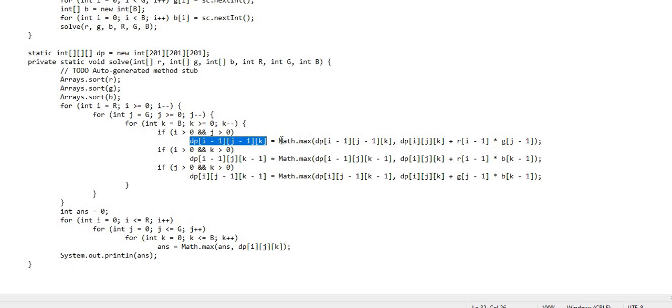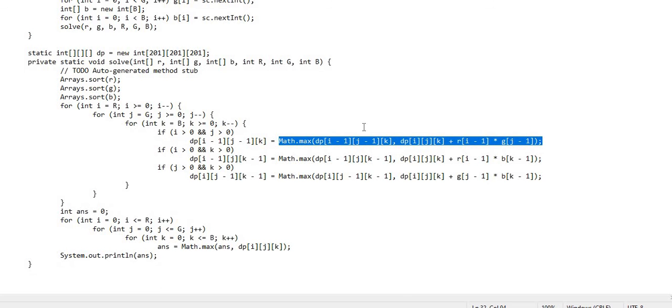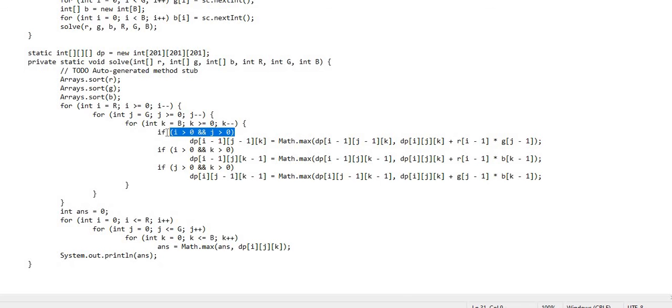Then I am taking the max of the existing value and the value from the current indices i, j, k, plus the product of the pair from red and green, because here I am performing the operation on the i and j indices. That means I need to pick the pairs from the red and green arrays. Similarly for i k, I have to pick the value from red and blue, and for j k from green and blue.